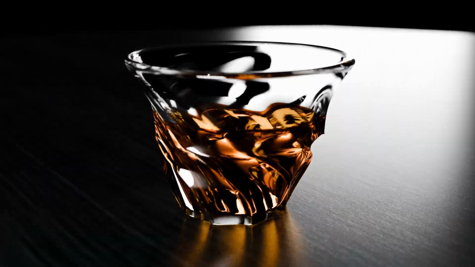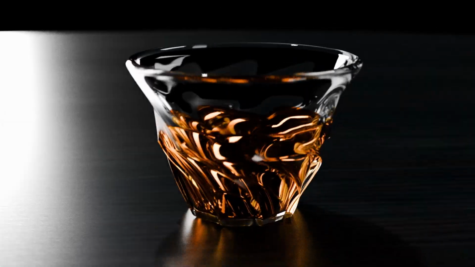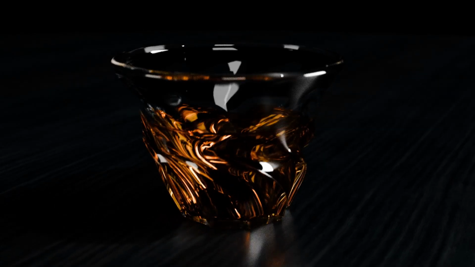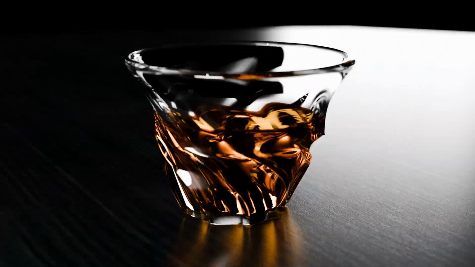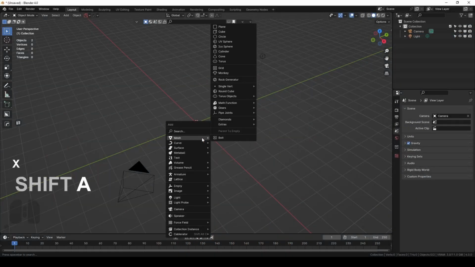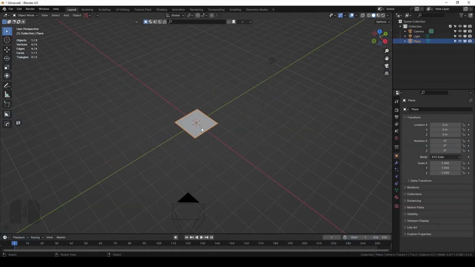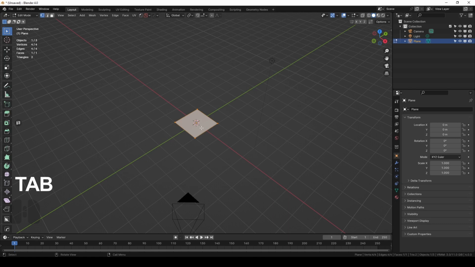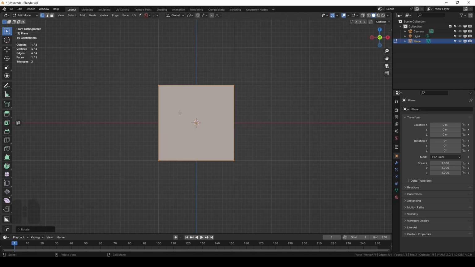Hi, welcome to part 3 of creating crystal glasses in Blender, and today we are combining what we learned from part 1 and part 2 into a third design. Let's start with a plane this time. What we do again, go into edit mode, press R, X, 90 to have it in front of us when